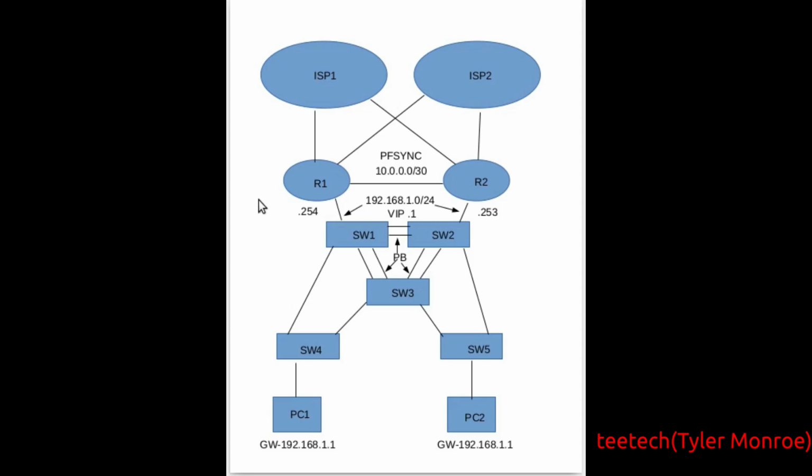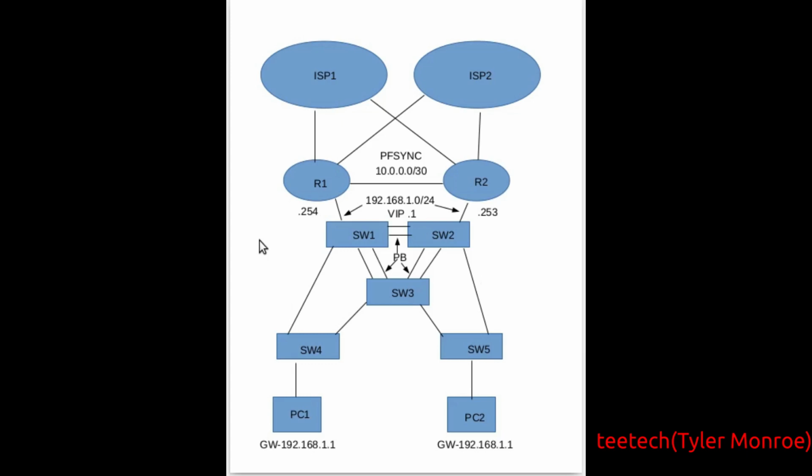But the thing is, if R1 fails and it goes over to R2, if both ISPs are up, he has the option of ISP 1 or 2. Okay, so it's interchangeable which way the packets can be routed by either router. Okay? But the thing is,